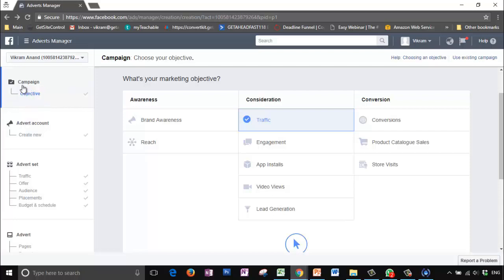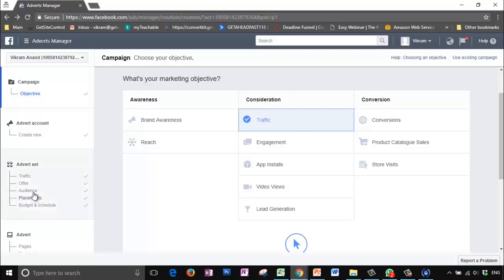Finally, just to wrap up, why do you have a campaign, an ad set and an advert? This is because Facebook gives you the option of testing. So under one campaign, let's say your objective is traffic and that is firmed up. You could have an ad set which could have 2 ads under it. You could have a campaign with 2 ad sets and each ad set has 2 ads under it. And the difference between the 2 ad sets could be, for example,